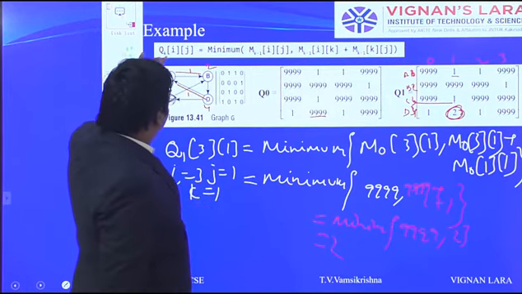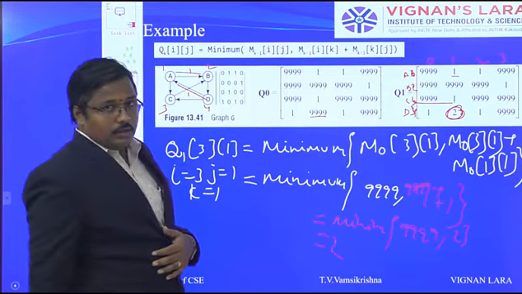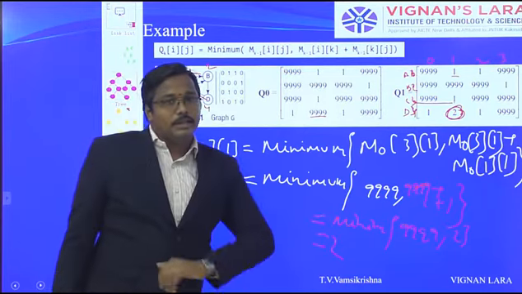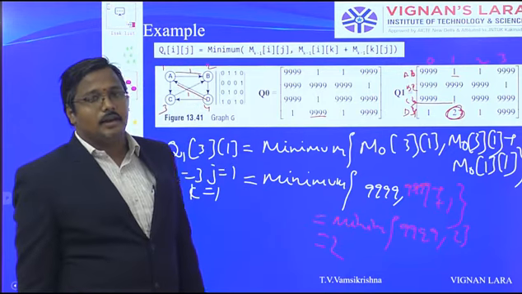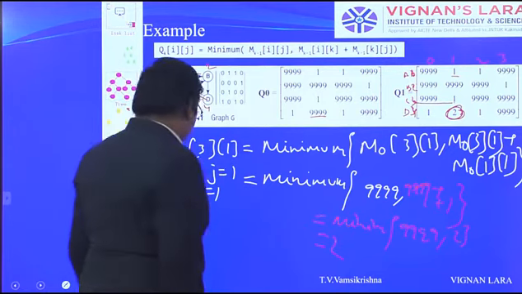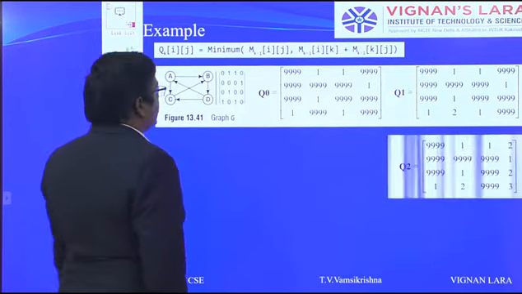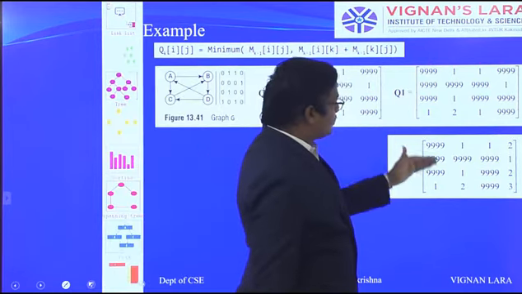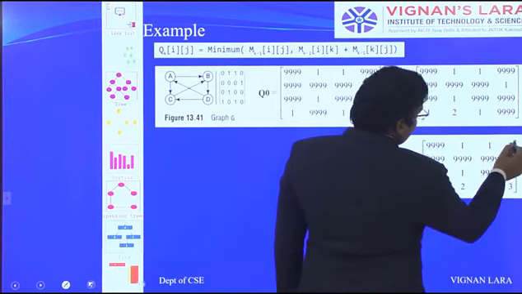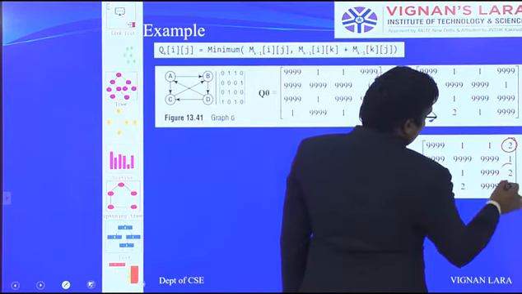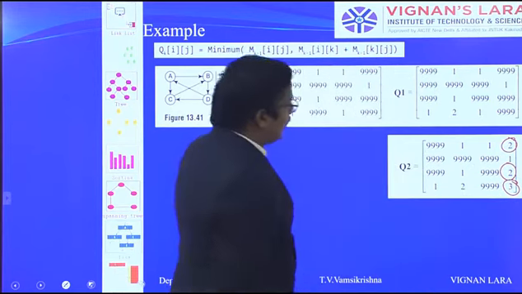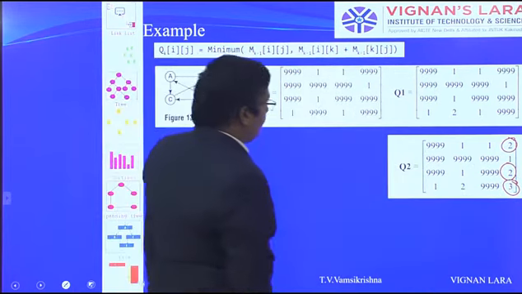When we are considering via vertex as A, the distance is updated here only. Means D to B, the distance is updated. Next, similarly for the Q2. So this is the Q1 value, this is the Q2 value. So here, this one is updated, this one is updated, this one is updated. So we want to see how these things are updated.